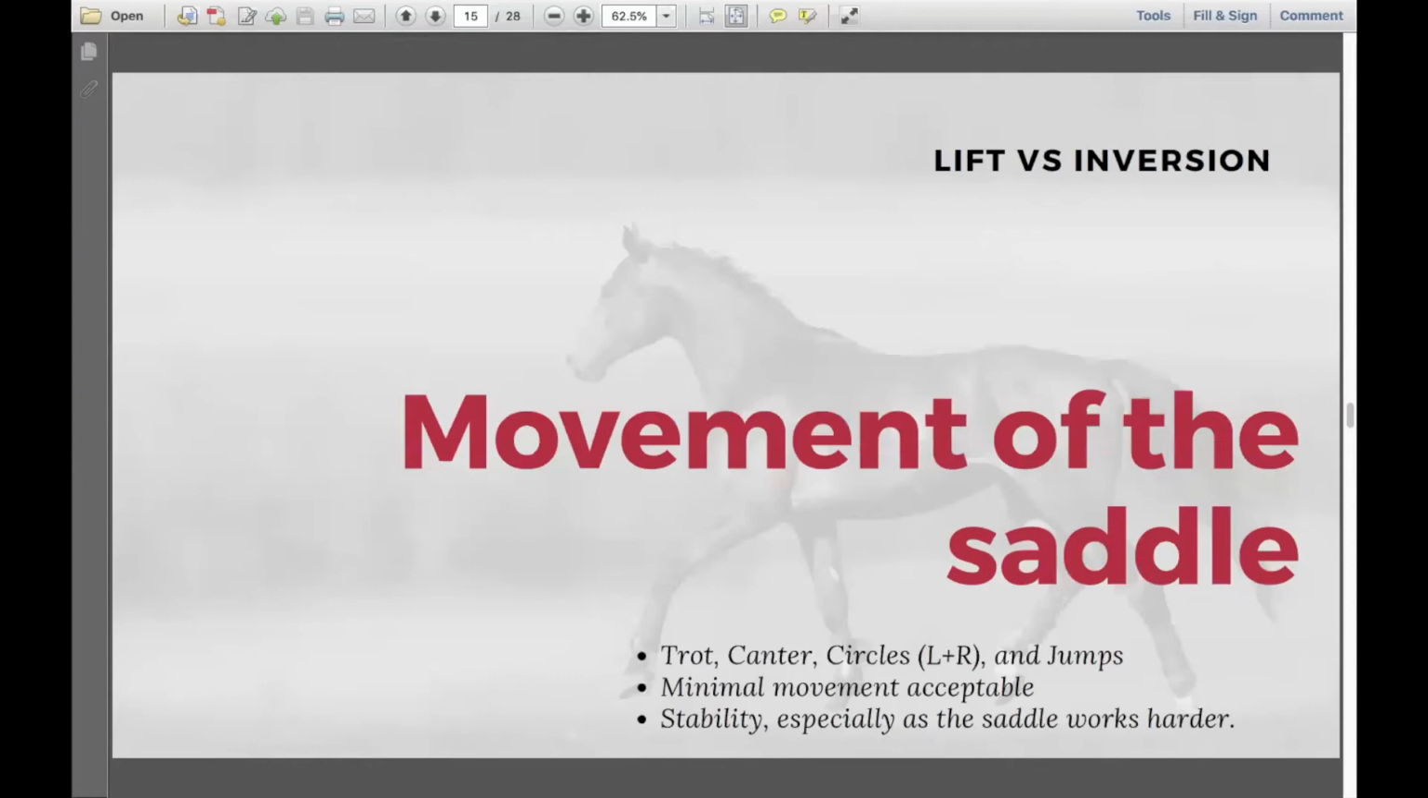And as the saddle works harder, if you have a touch of movement, like 5 millimeters, it's not a lot that is just up and down, that's okay. Left to right movement is not okay. If you have left to right movement, the saddle is taken off the table. We're going to look at something else. But up and down is a little bit okay, as long as that saddle works harder